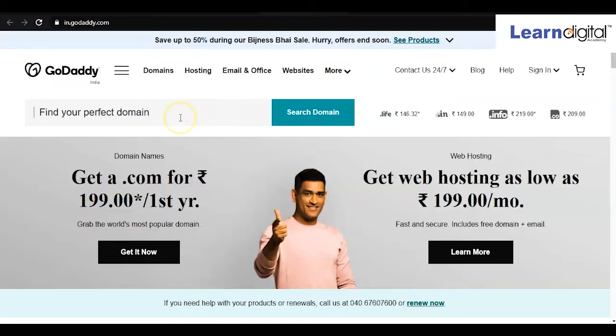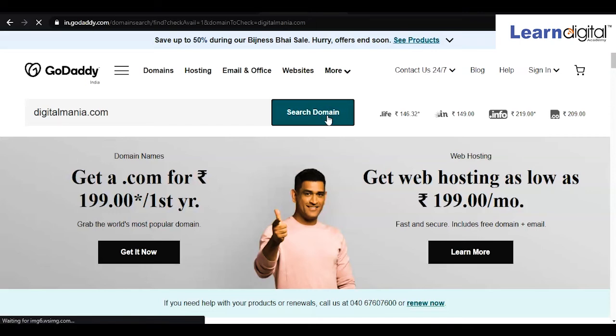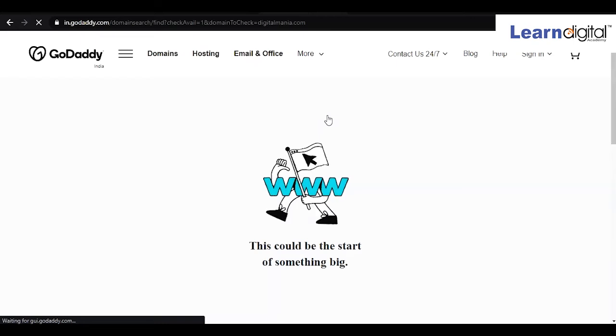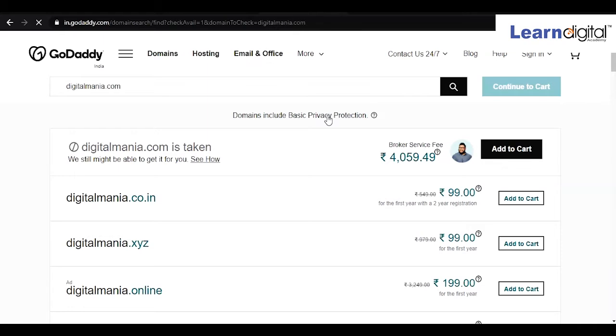For checking the domain, simply type the same word over here, like digital, and you have to type the particular extension name, like .com or .org, whichever you are searching for. Then click on search domain.